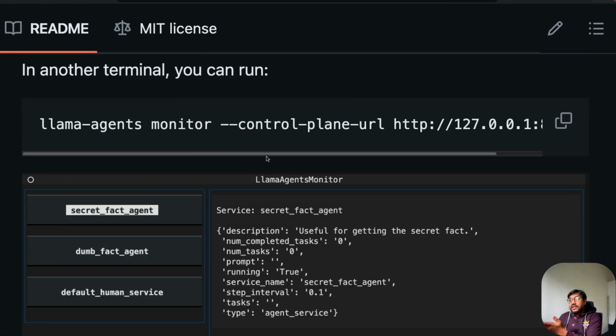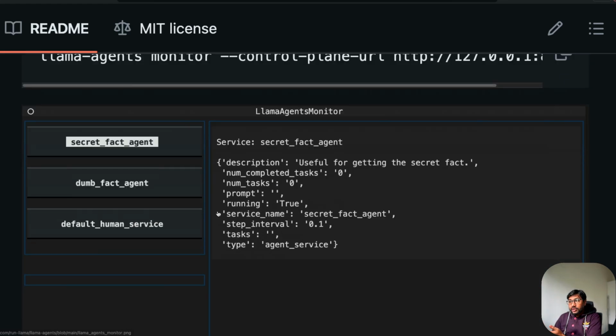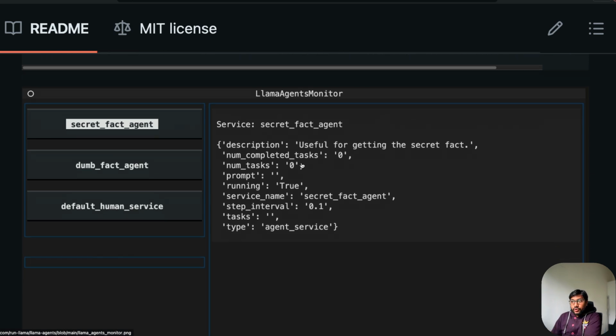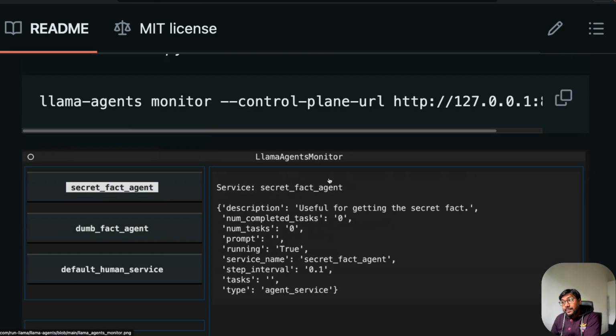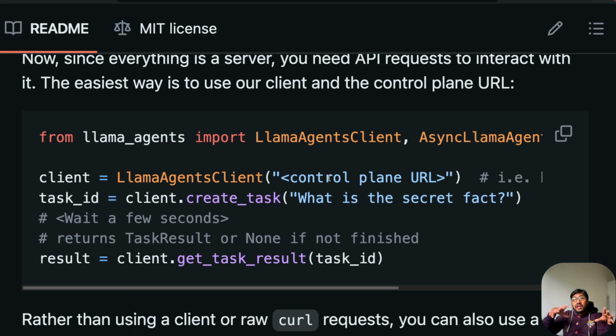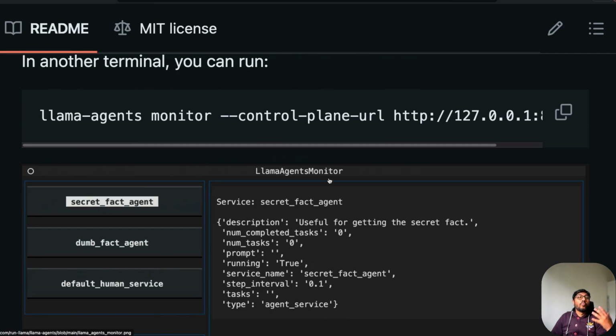So if you see here, there is a monitoring framework that you can go to and monitor. For example, it is going to look like this. You have got the secret fact agent, then you have got a dumb fact agent. The secret fact agent is nothing but the agent that has got access to the tool. The dumb fact agent is the agent that does not have access to the tool, and then you have got all the services. So you can go see here what is happening. So this llama agent also comes with a monitoring tool, a simple tool which lets you monitor the control